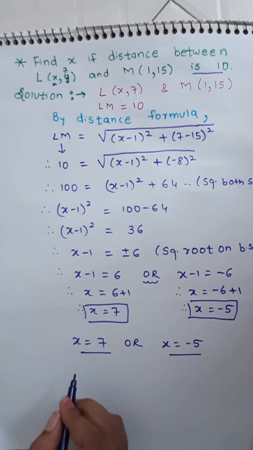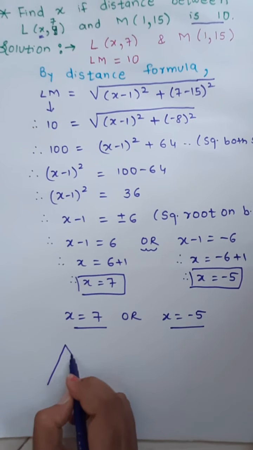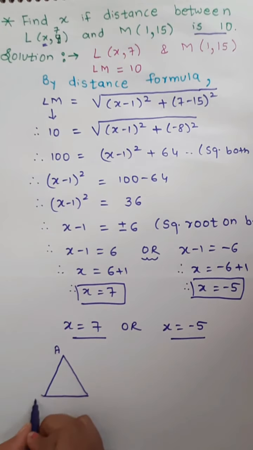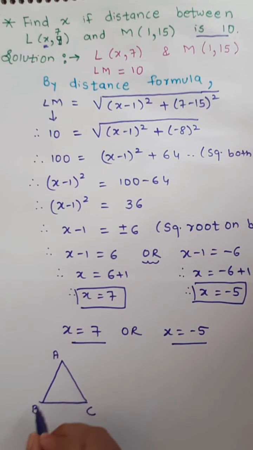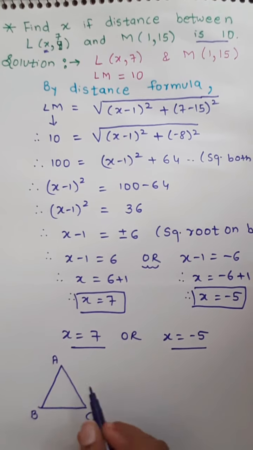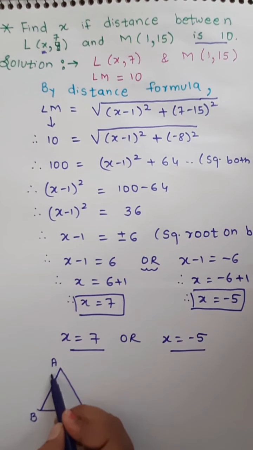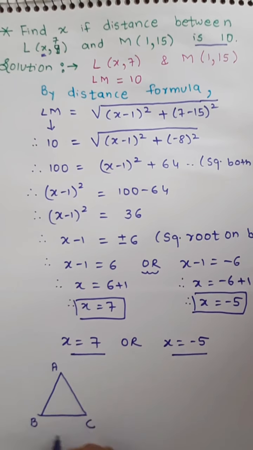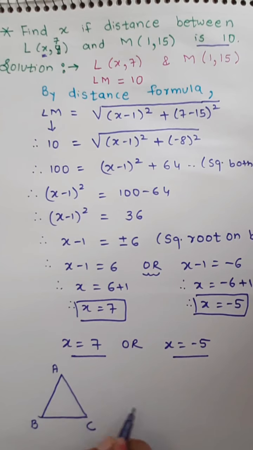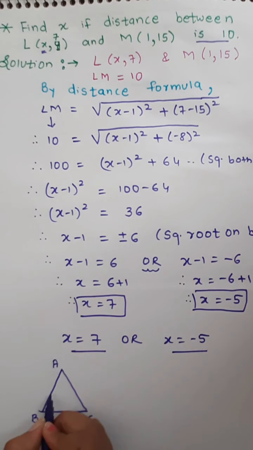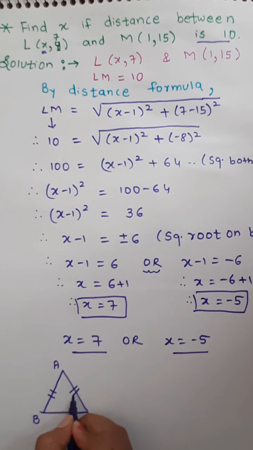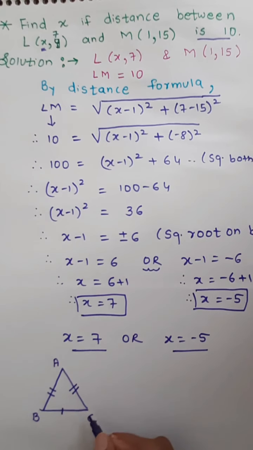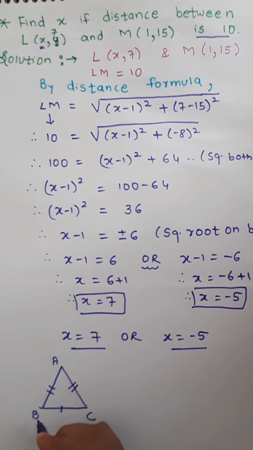Now, suppose there are coordinates which are given and they say check if it is an equilateral triangle. Suppose coordinates for A, B and C are given and you have to check whether this is an equilateral triangle or isosceles triangle. Whenever the coordinates are given, first you find the distance of AB, find distance of BC, find distance of AC. If all three are equal, then we will say it is equilateral triangle. Suppose distance of AB is equal to distance of AC, and it is not equal to distance of BC, then in such a case we will say it is an isosceles triangle.